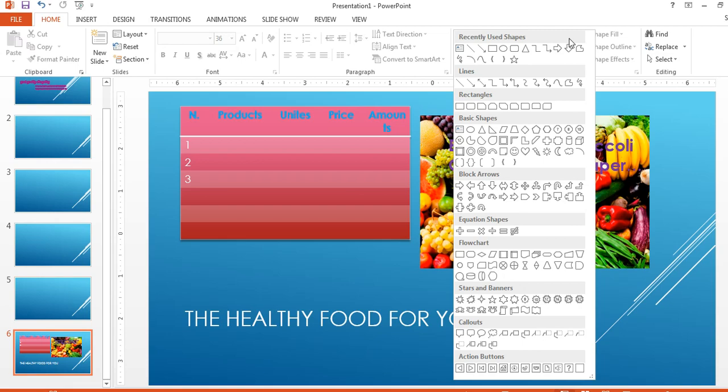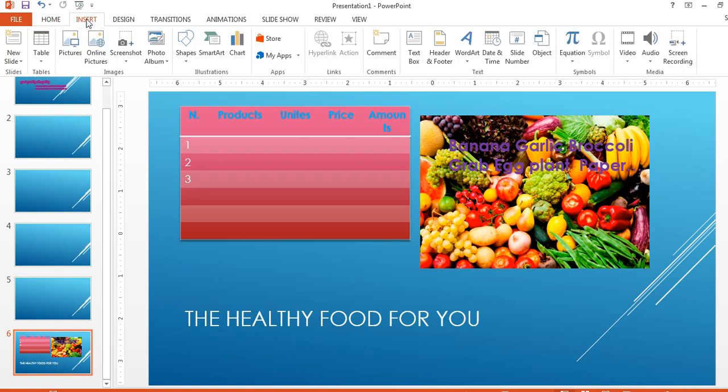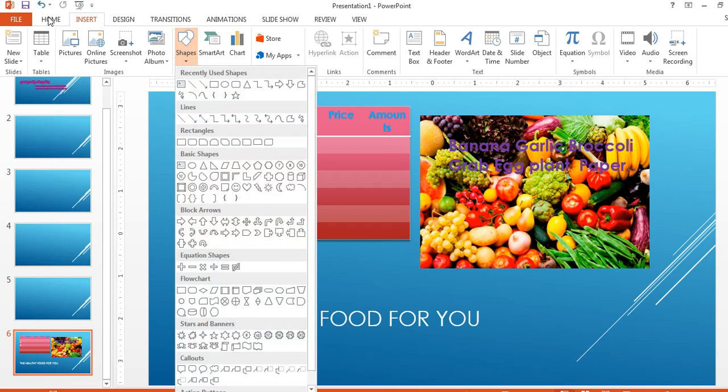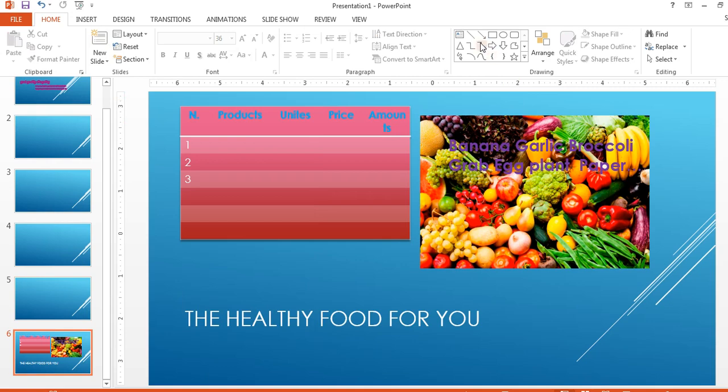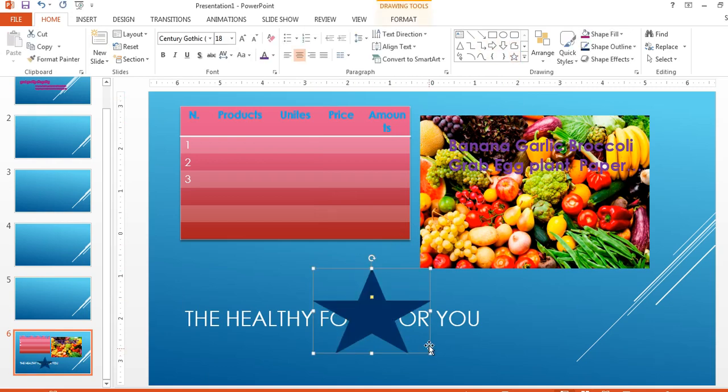in Office Word, but in Office Word the shape is in Insert. Yes, shape in Insert, but in Insert there are more shapes, like Home too. This is a different thing from Microsoft Word. So you can use something to draw here if you need. Why like that? I can choose there